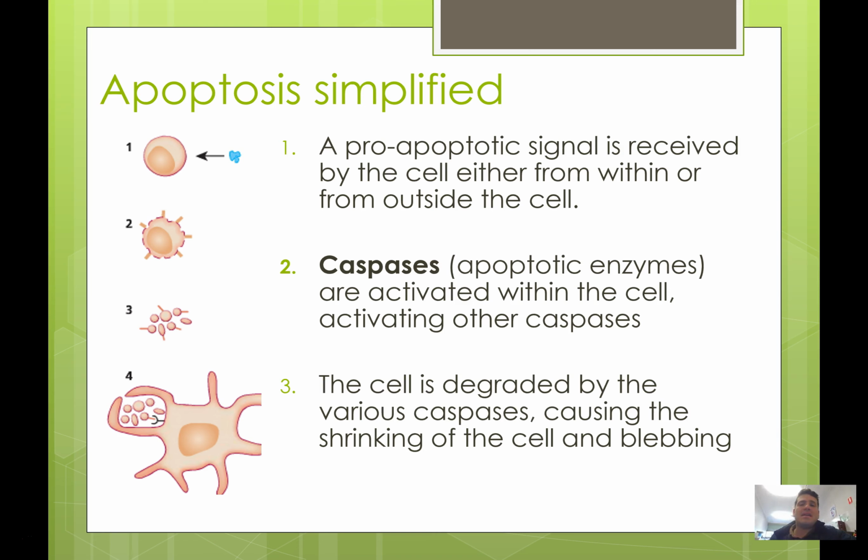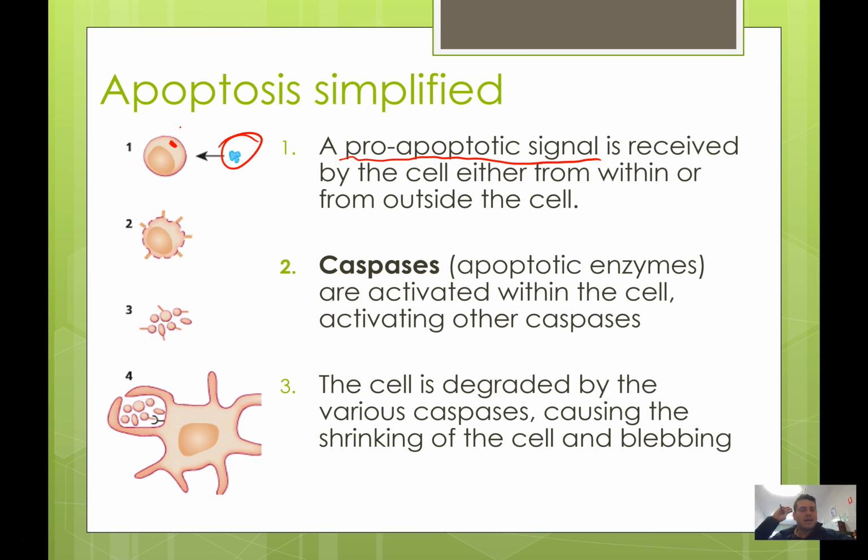All right. First, we get what's called a pro-apoptotic signal. A pro-apoptotic signal is a signal such as this little blue thing, and that's going to tell the cell to do apoptosis. This signal can come from outside the cell, but the signal can also come from inside the cell